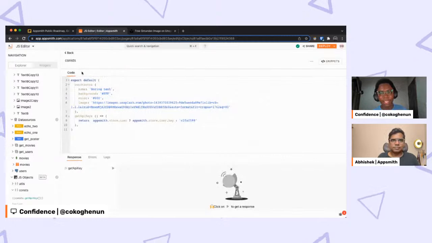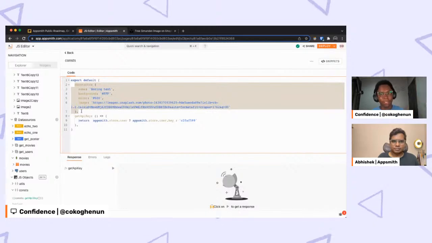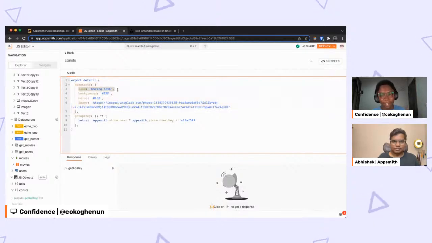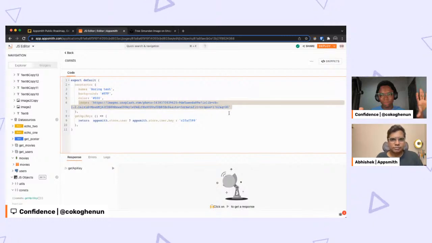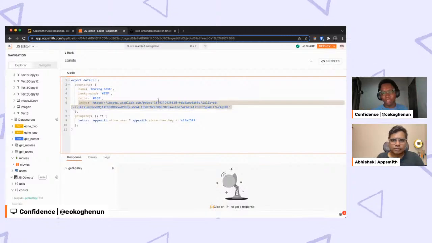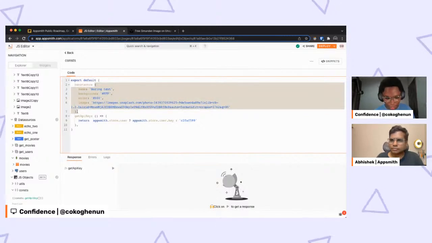All right. So taking a look at this JS file we have right here, we have declared a bunch of constants that is used to style the entire experience of the app. So we have the name variable, which is displayed in the text. We also have the background color, we have the text color, and we also have the image that is shown in the two image widgets you saw at the side. So this is really powerful because you can tweak the entire experience of your application just by changing a couple of variables right here. And I'm going to show you this by changing everything inside the constant object here to